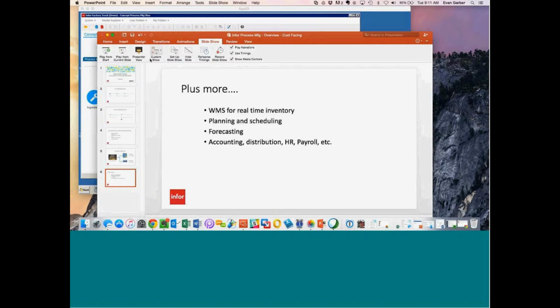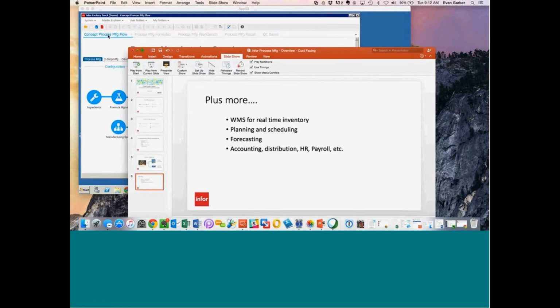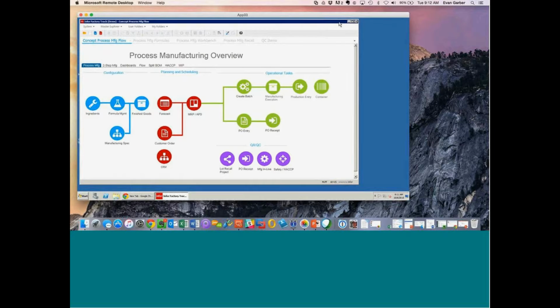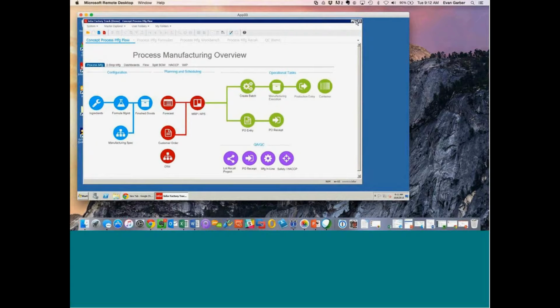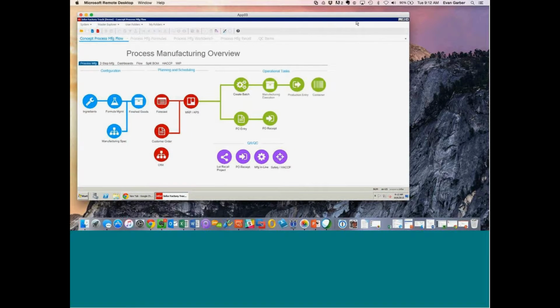Okay, well, let's take a look at the real software. So PowerPoints are fine, but it's always fun to take a look at the real stuff. So what I have here, just to kind of help us navigate the solution, is really the four areas of our system. So first, the configuration. I'm going to show you some things with setting up formulas that are going to help illustrate how